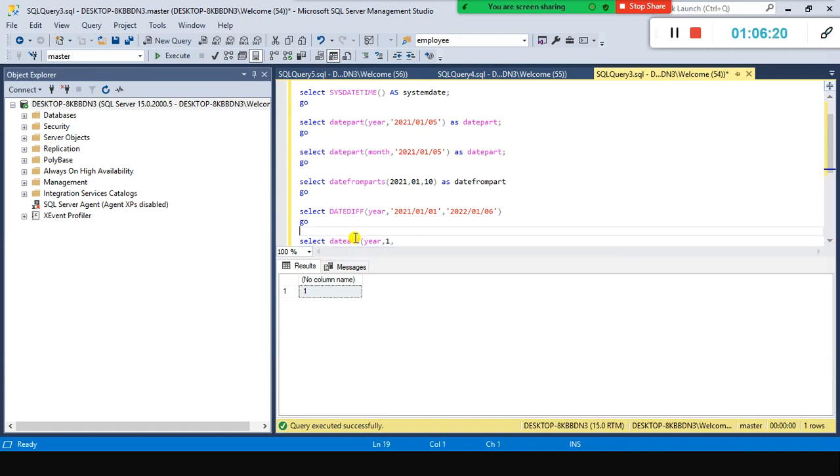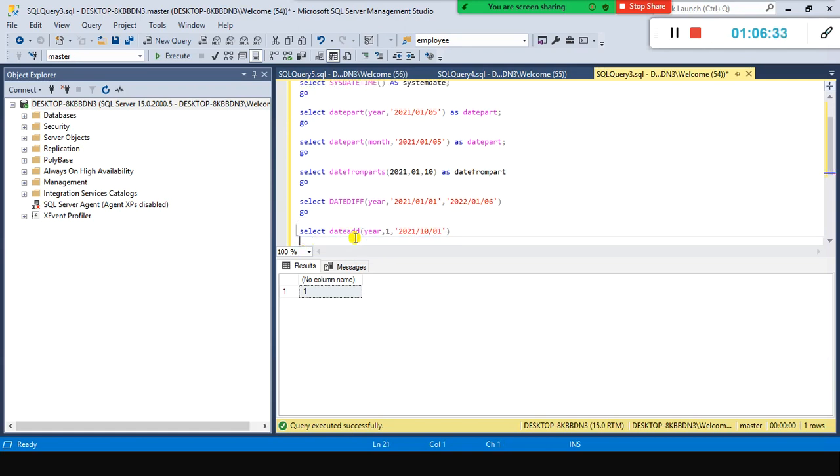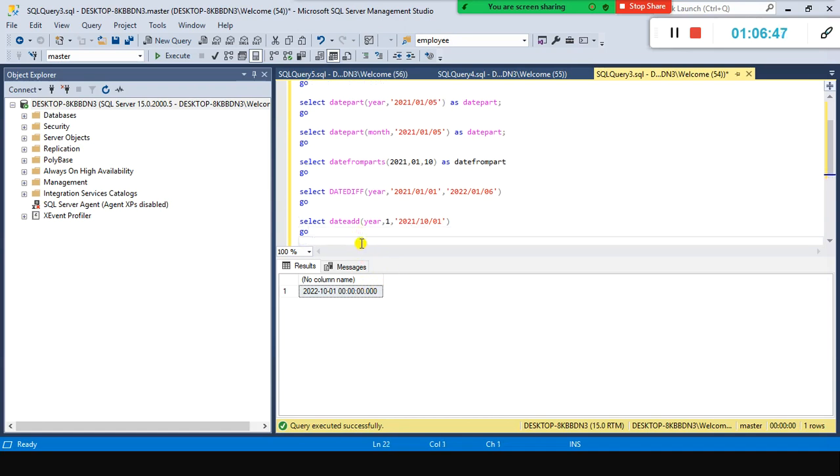So for example 2021, 10/1. In this case, what happens, let's see. So we added 1 to this year, so 2022 10/1, right? It is doing that way.